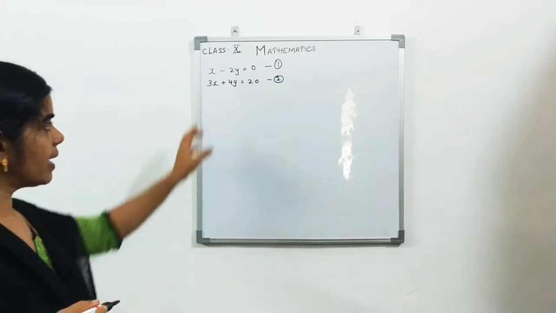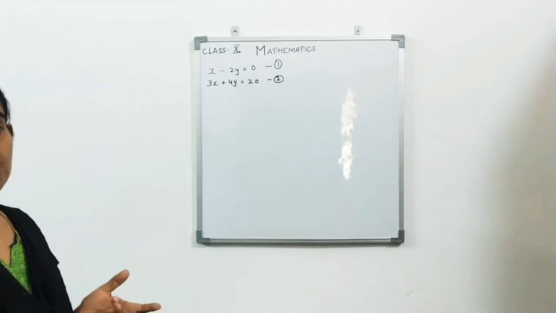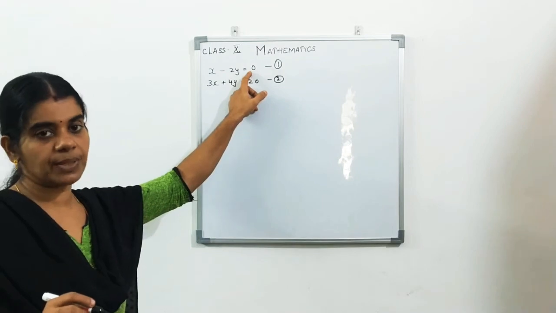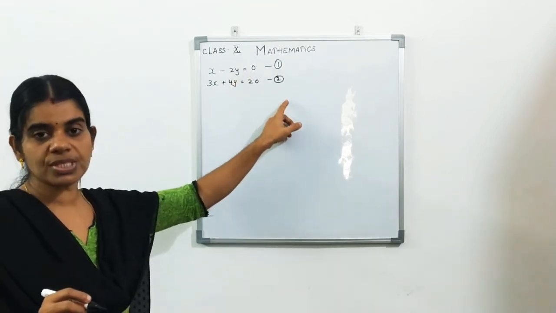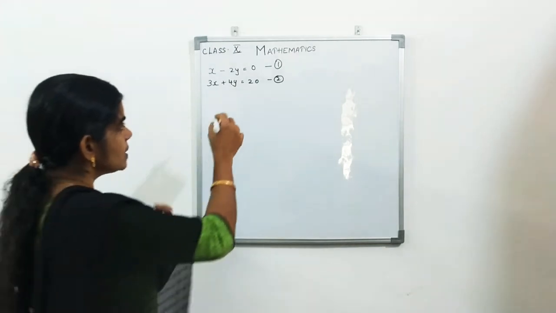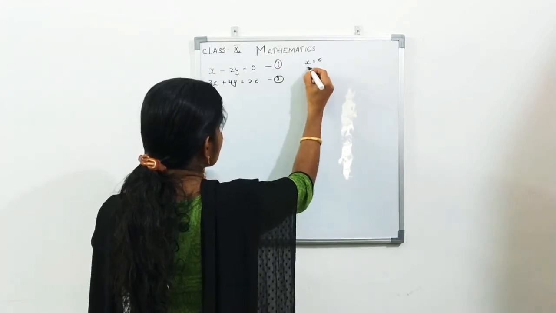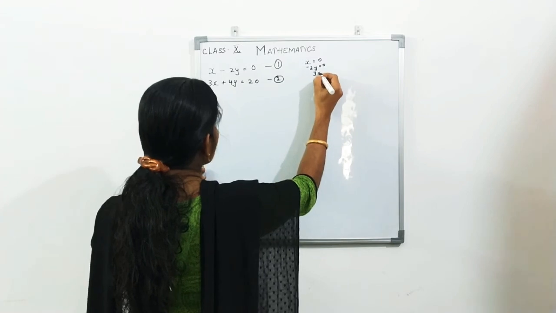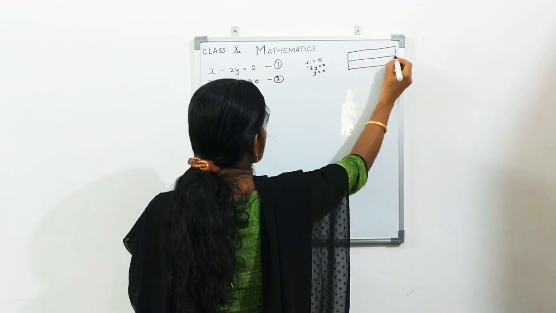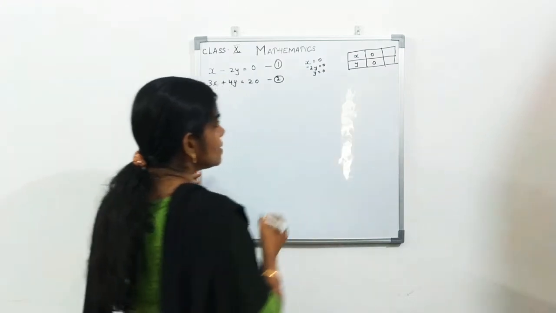You already studied in 9th standard, if one linear equation is given, you know how to draw the graph. In the same way, you will find two solutions for the first equation, and again two solutions for the second equation, and you will draw the graphs separately. Just look, first I am giving x is equal to 0, then what will the equation be? Minus 2y is equal to 0, therefore y also will be 0. Then you got one solution, that is x, y: when x is equal to 0, y also is 0.